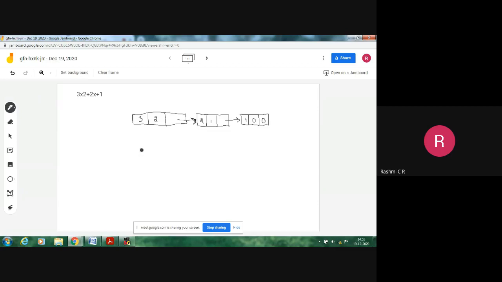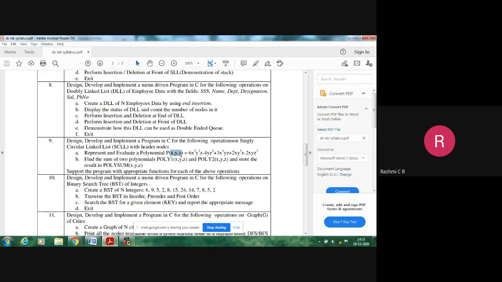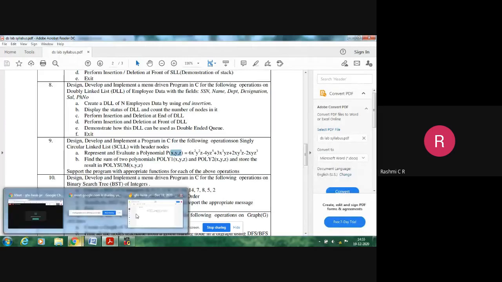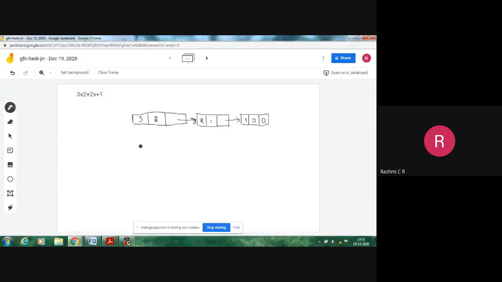But according to the example, when you look at the question, you can see there are three variables specified here. Since there are three variables, what happens to the node structure? The data part gets increased. Earlier, in the previous example, we considered only x. Suppose you have three variables, the exponential terms and coefficient representation will slightly change.